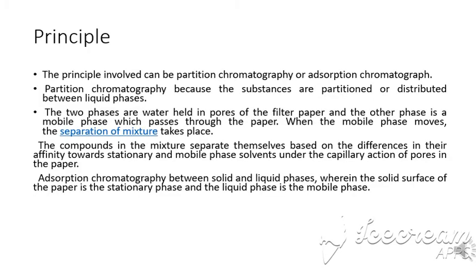How do you explain paper chromatography? Each and every chromatography, as I have told you, depends upon the stationary phase and the mobile phase. The stationary phase here is the paper. If the stationary phase is solid and the mobile phase is liquid, then it is called adsorption chromatography. But paper chromatography is called partition chromatography or liquid-liquid chromatography. The question is, how is it liquid-liquid chromatography? Because paper is just pores and the cellulose fiber retains water, which is actually the stationary phase. So here the stationary phase is water in the paper and the mobile phase is also a liquid.